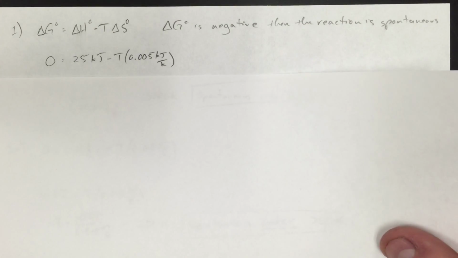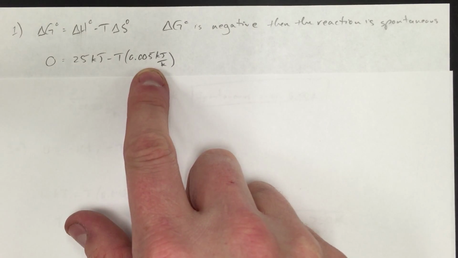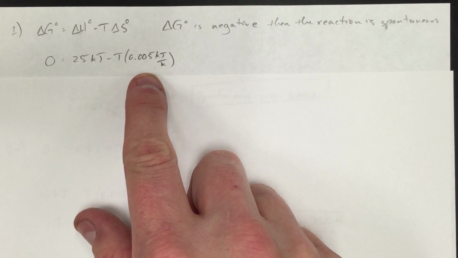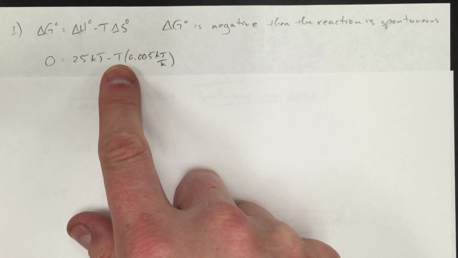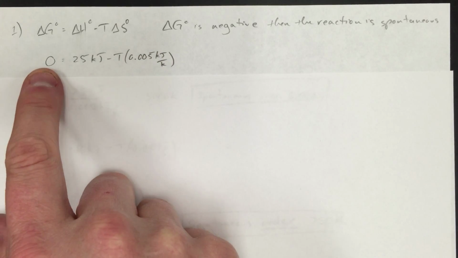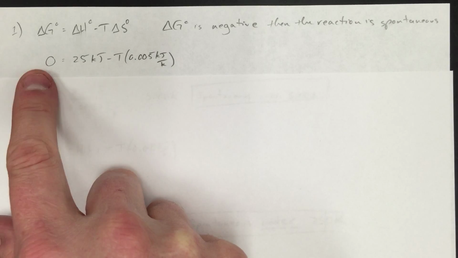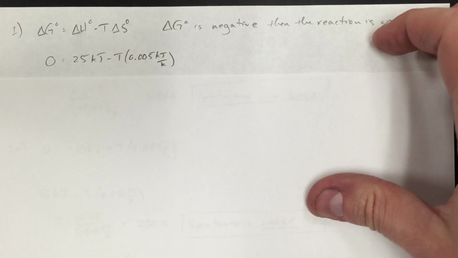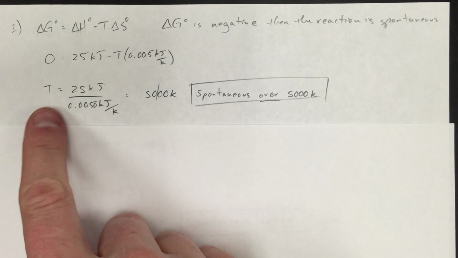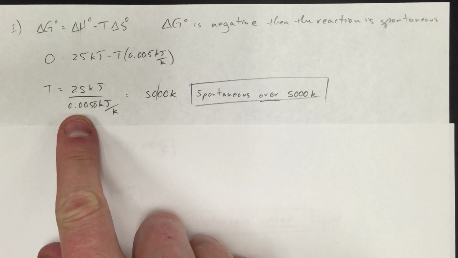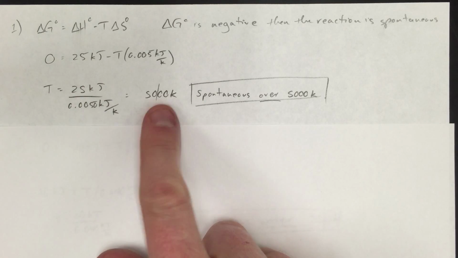So we can substitute the values that the question tells us, the 25 kilojoules, and we have to change that 5 joules per Kelvin into kilojoules, so we move the decimal point over 3 times. Temperature we don't know, but we know if delta G is negative, then the reaction is spontaneous. So 0 will tell us the boundary between those. So if we solve for T, we get 25 over 0.0050 kilojoules per Kelvin, and the kilojoules cancel out, and we get